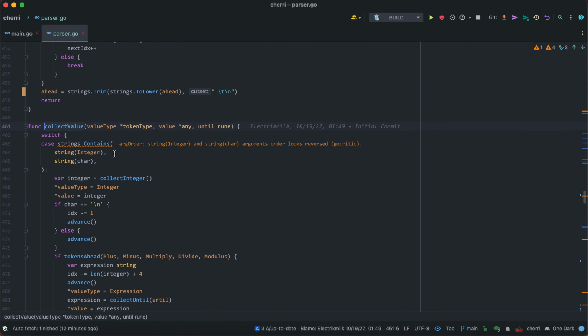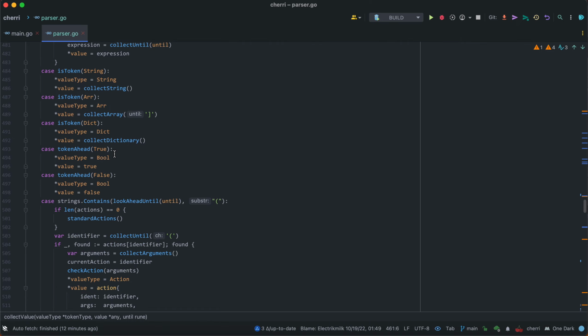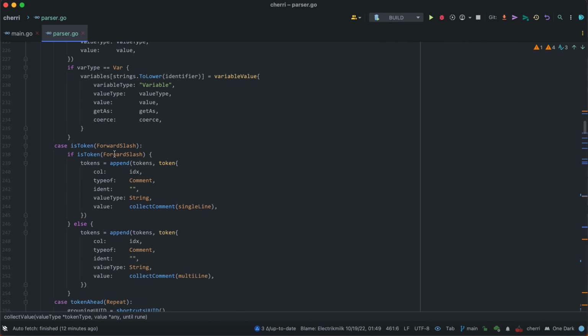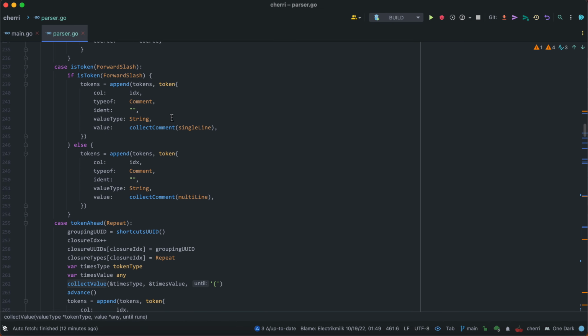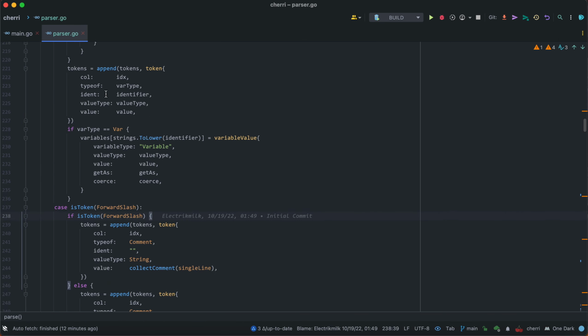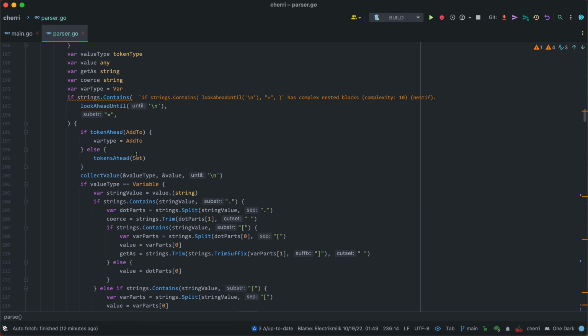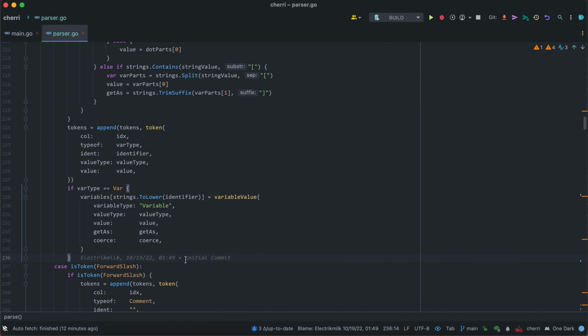So I'll probably just go over broader concepts with these and skim through the kind of tokens that we parse. If we get a forward slash and then we get another forward slash, then we know it's probably a single line comment. This is the highest level that we can get to. We are not in any scope. We are just parsing what we're getting to go in to do other things, like we just did here, where we collected a value and checked if this was that. Once we get back out